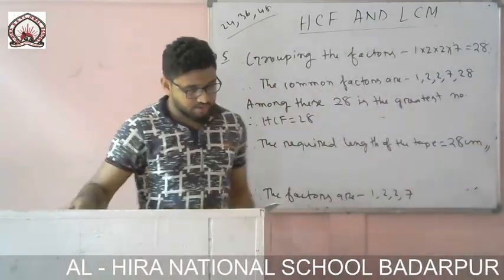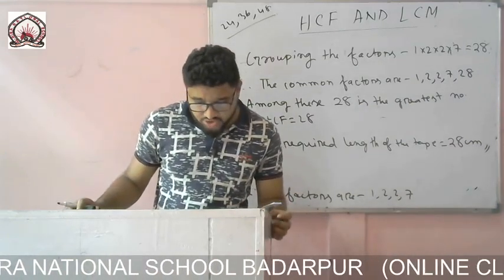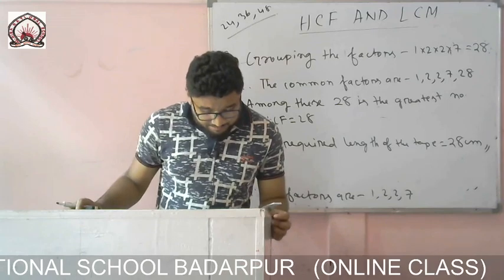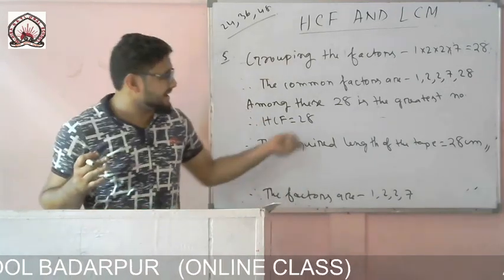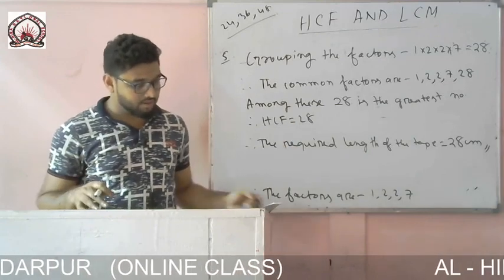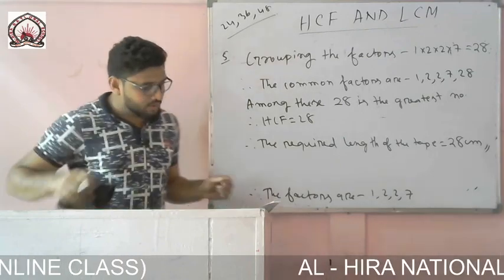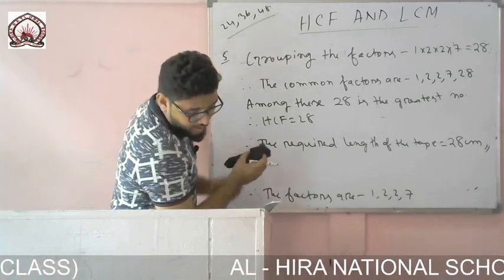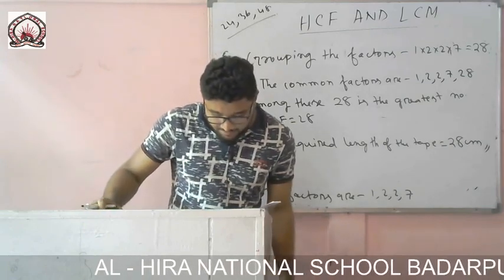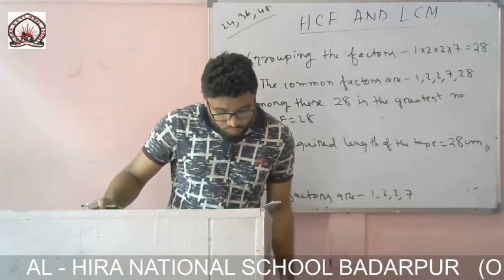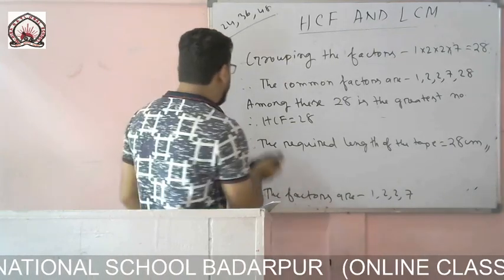Now the last question. What can be the greatest weight that can be used a number of times to weigh 54 kg and 72 kg of rice? It is exactly the same, you have to find the same thing. So you can do it yourself. Okay, let me do the last one.